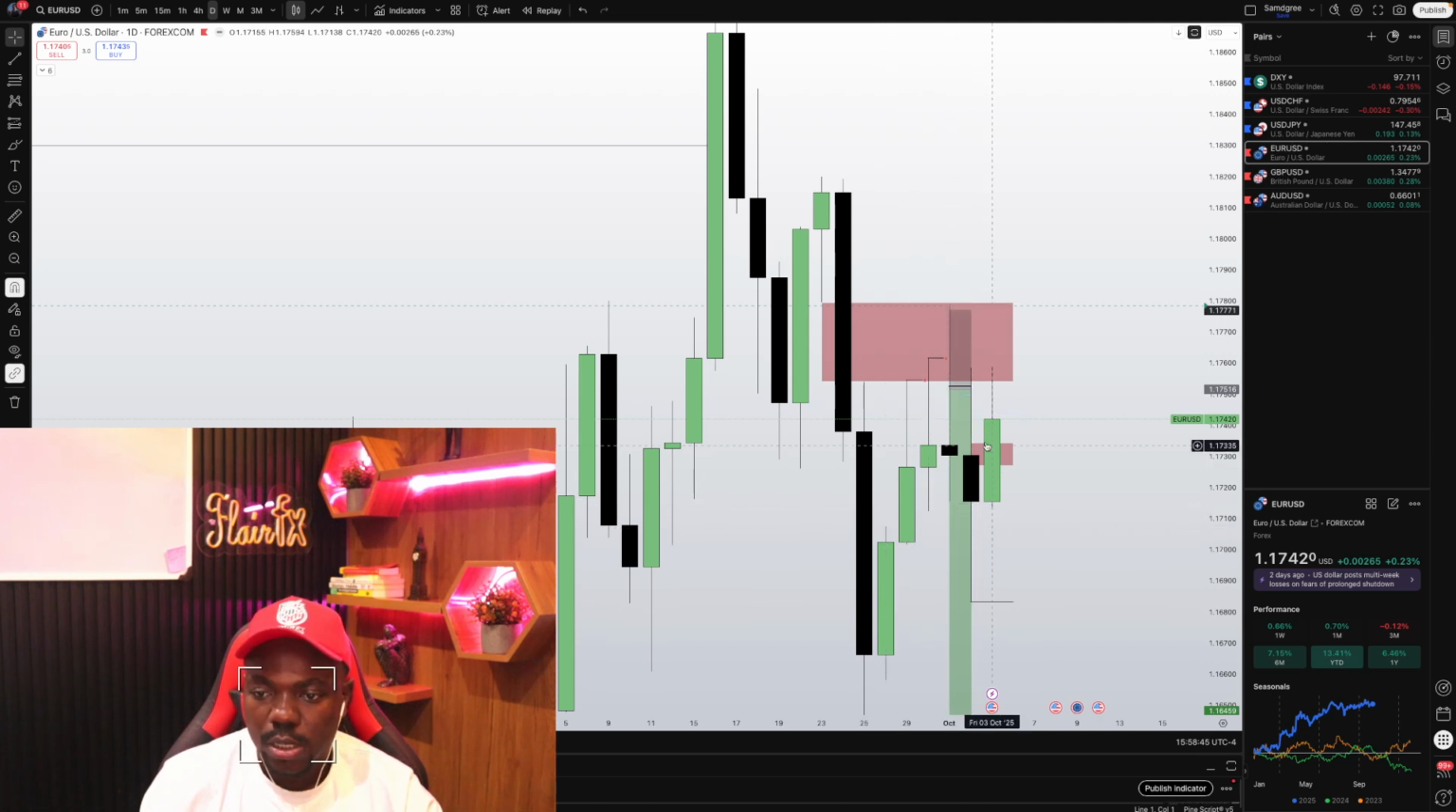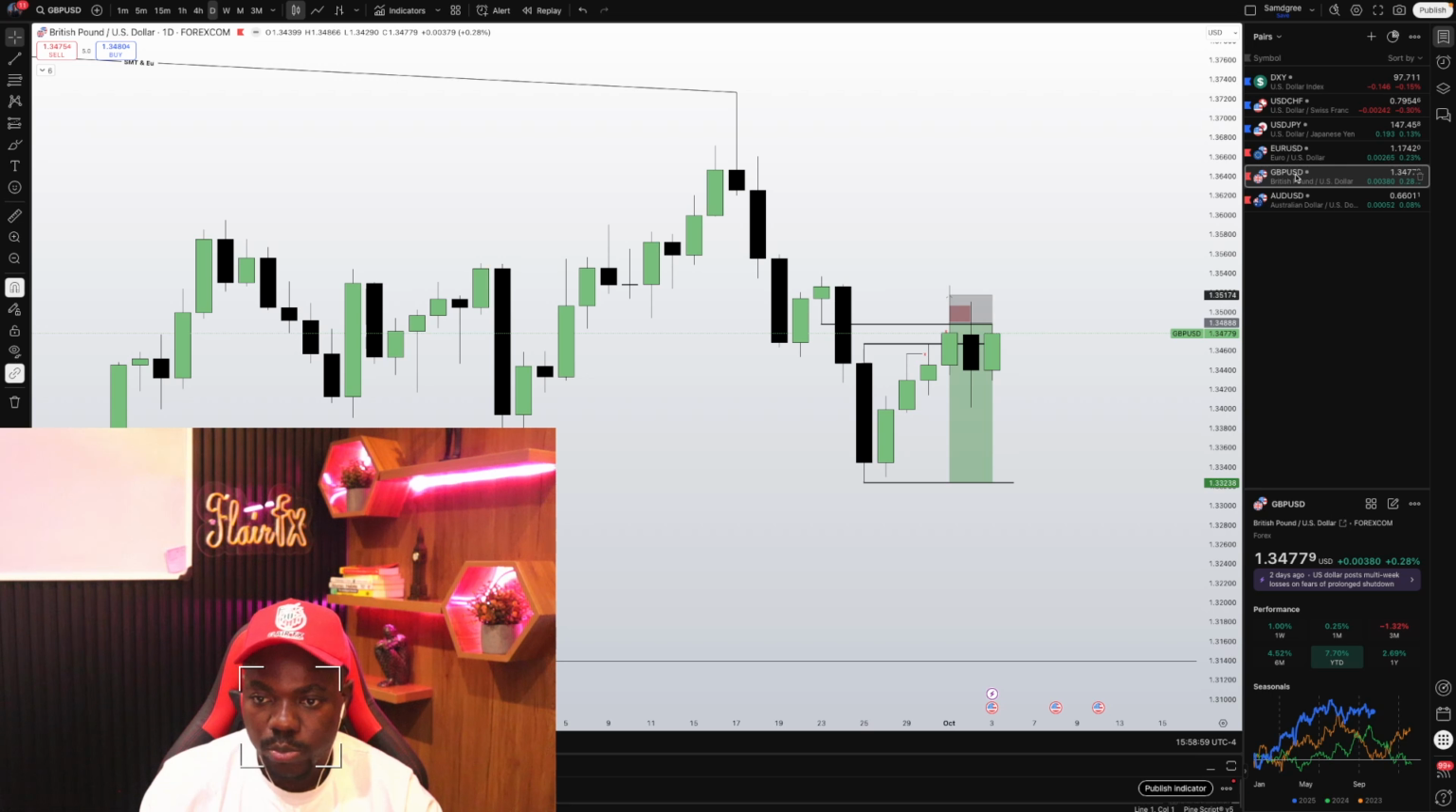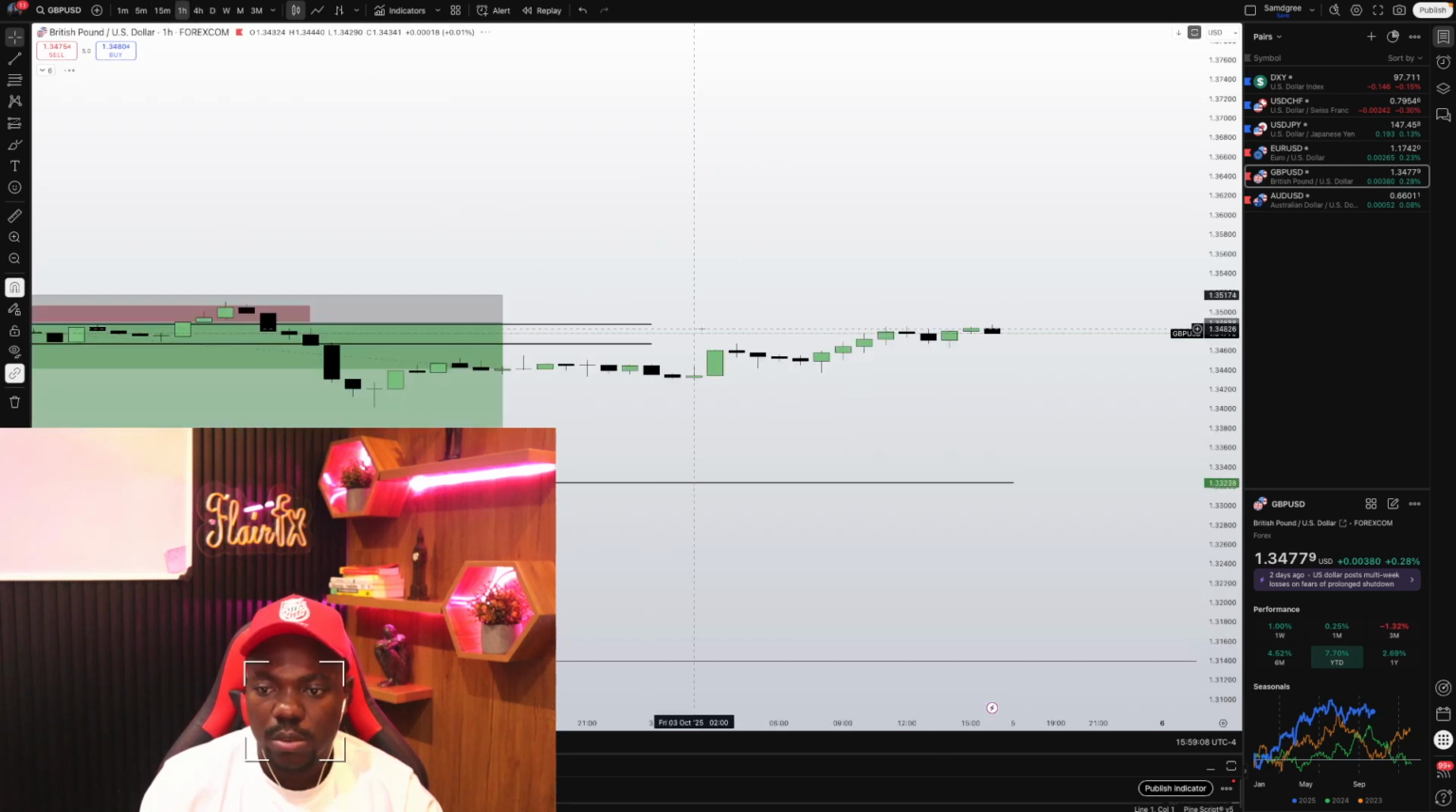I don't know what the market is going to do. Maybe take out this high before dumping, or the best. So my alert will be here. I'll still be looking for bearish setups, bearish entry points back to back. I don't know if pounds is going to do that. But then,